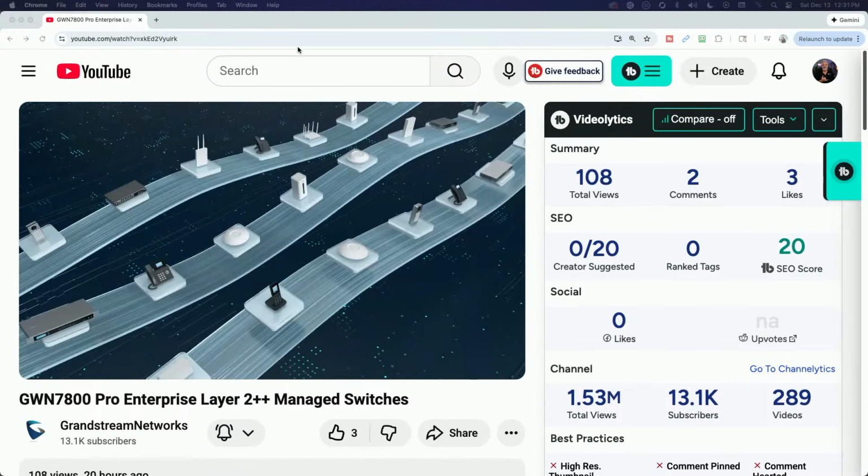There they are, and they were announced. This video was, like I said, released yesterday, and they apparently made improvements on their Pro switches in speeds and throughput. But there's a lot more that I didn't realize that they added. They have a bunch of different models.